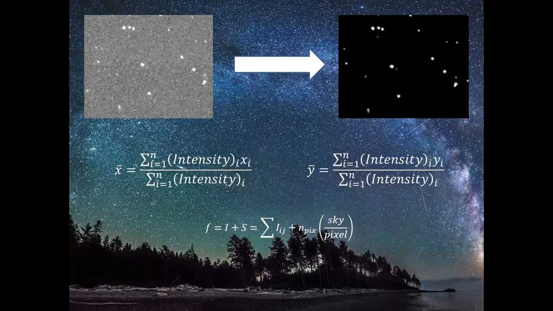How can you find it? It's the summation again from i equal to 1 to n, the pixels of that entire star, of the intensity of the ith pixel multiplied by the y coordinate of the ith pixel, divided by the summation of the intensity of all such pixels. And henceforth, you can find the x coordinate and y coordinate of the center of your